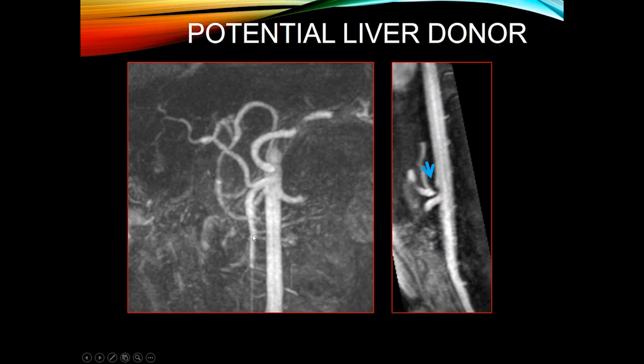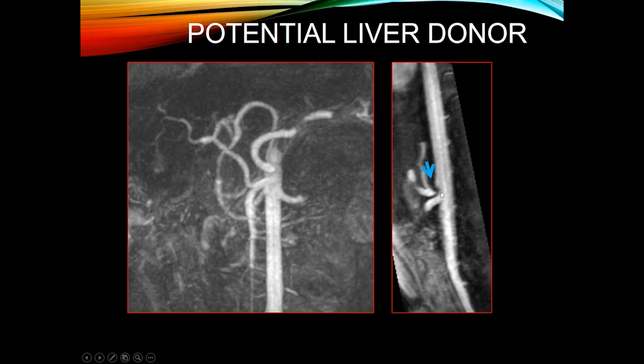Here's a patient who was a potential liver donor, and initially you see that there's collaterals, which is quite unusual. And when you look at the lateral or sagittal images, you see that there is narrowing of the celiac. In this case, I think it is a true finding and not pseudostenosis, and this is a median arcuate ligament compression. Now, this is accentuated at end expiration, and we can see this in various patients, but